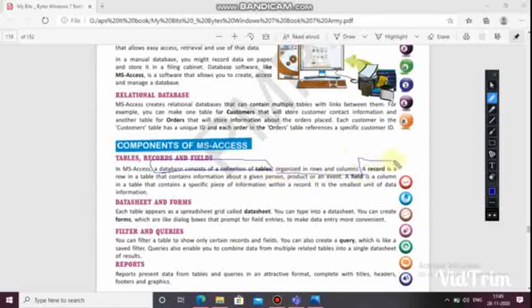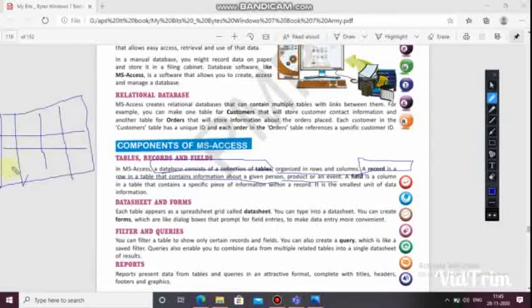Here a record is a row in a table, which contains information about a given person, product or event. Means if you have a table, I am making a column and then a row. Okay, so this row is a record, and this column is a field.